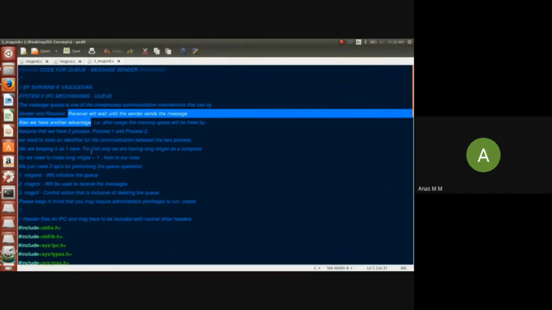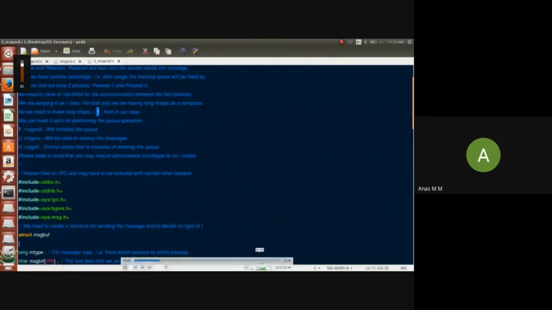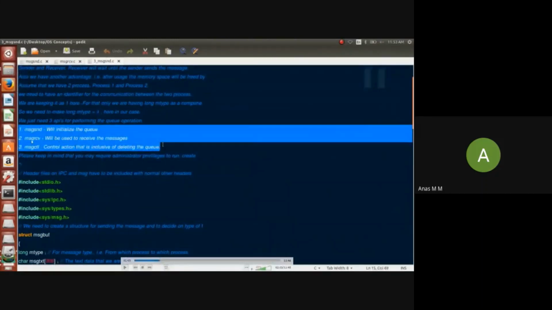That's it. Before you send the data, you need to tell the receiver that you're sending data of type A, B, C, something like that. And the receiver also has to be ready to receive data of type A, B, C. For example, here we set it as 1. The 1 is the type of the data that I'm going to send from one end to the receiver end. We have three different system calls to be used. Like we mentioned in the presentation, we need to use three functions when using message passing in process communication: message send function, message receive function, and message control function.